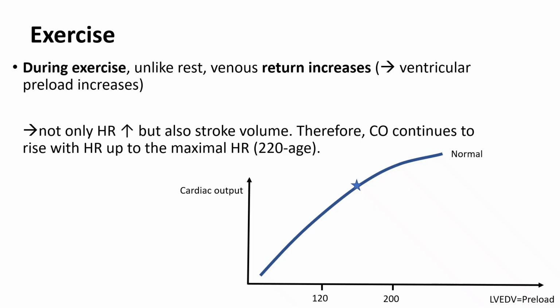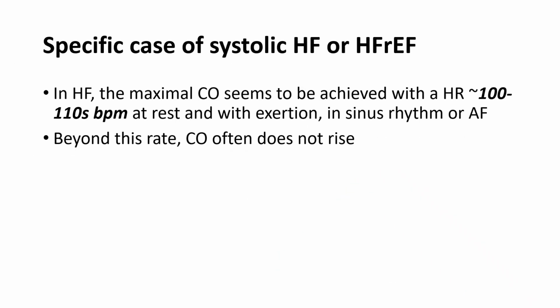Just a note in case you're wondering, how does venous return rise with exercise? Venous return rises because the increased skeletal muscle contraction pumps the venous return back to the heart. Furthermore, the higher arterial flow to the metabolically active tissues eventually gets dumped in the venous circulation and raises the venous return. I will move on now to more complex situations, and I will start with a specific case of